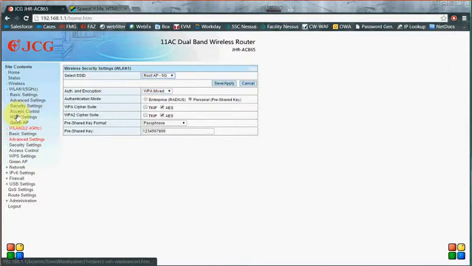Whereas on the 2.4, see, now the other one is showing up, so I can select whichever one I want, change the security settings for each particular one to be as I need. Also over here